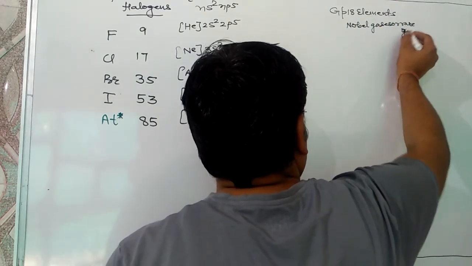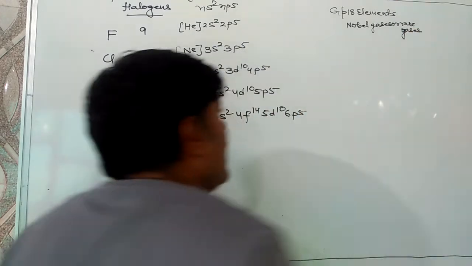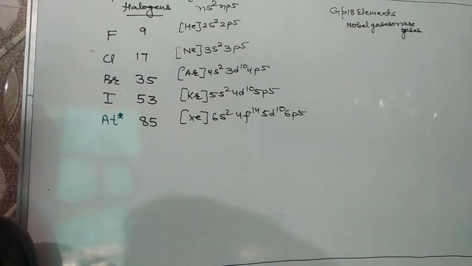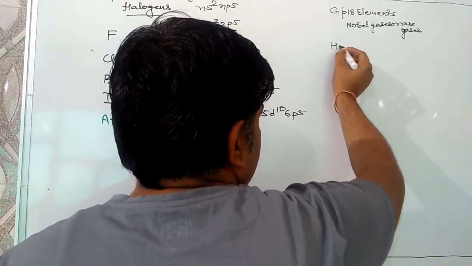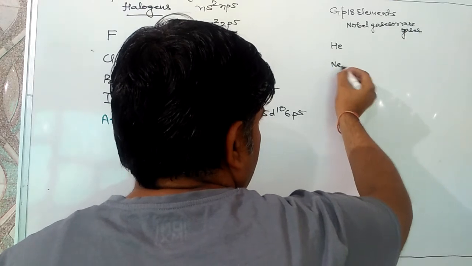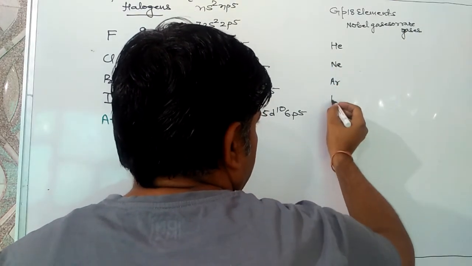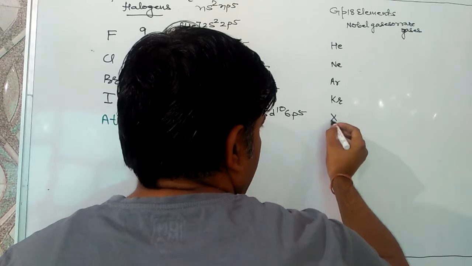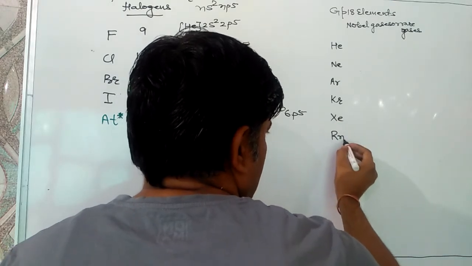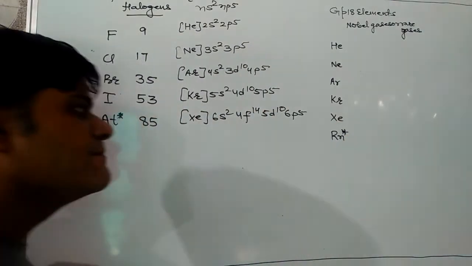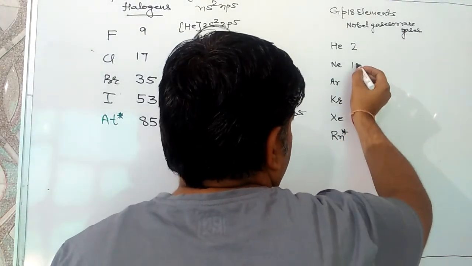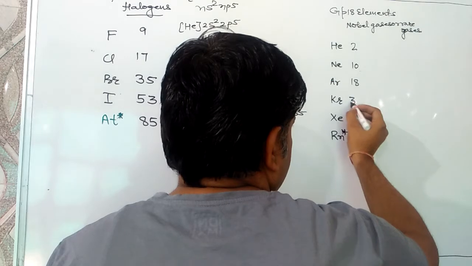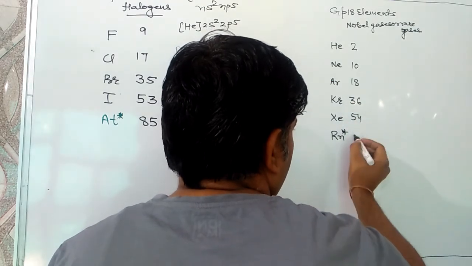These are known as noble gases because they are very less reactive in nature, and rare because they are found in very little amount on Earth's crust. These are 6 in number: helium, neon, argon, krypton, xenon, and radon. Radon is the radioactive noble gas. Their atomic numbers are 2, 10, 18, 36, 54,